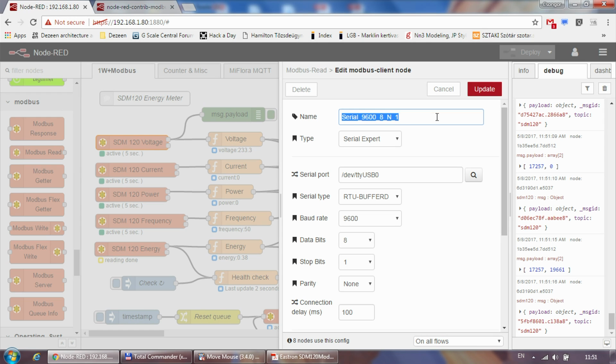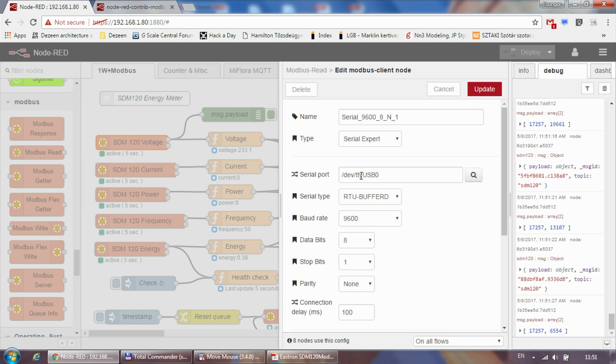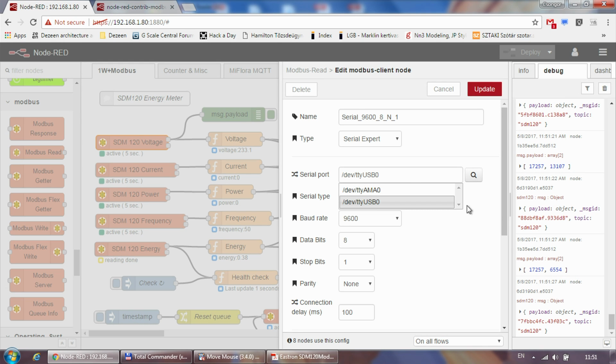So I give this a name. I select the type serial expert. The serial port is the same as what we have seen in OpenHAB, so it's /dev/ttyUSB0. By the way, if you click here, it will show you the available devices, which is quite nice. And I picked the RTU buffer, and obviously set the baud rate, the bits, the stop bits, and the parity, and